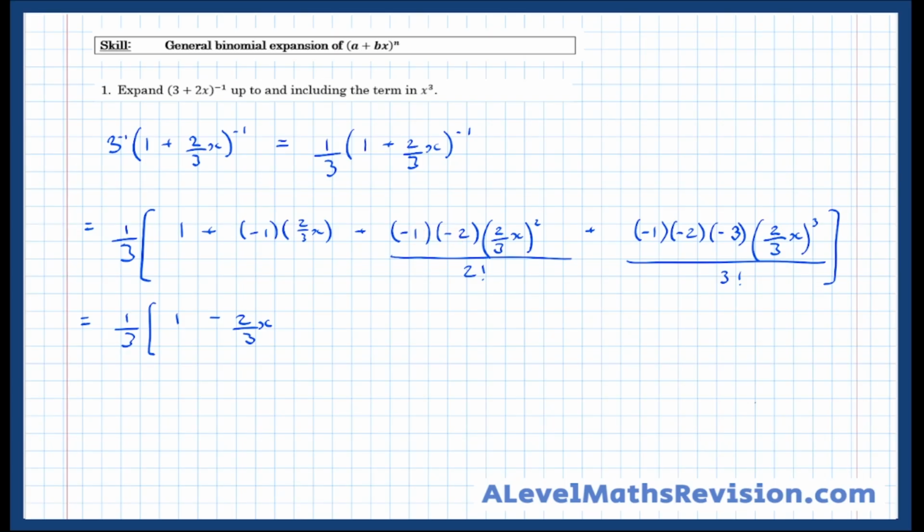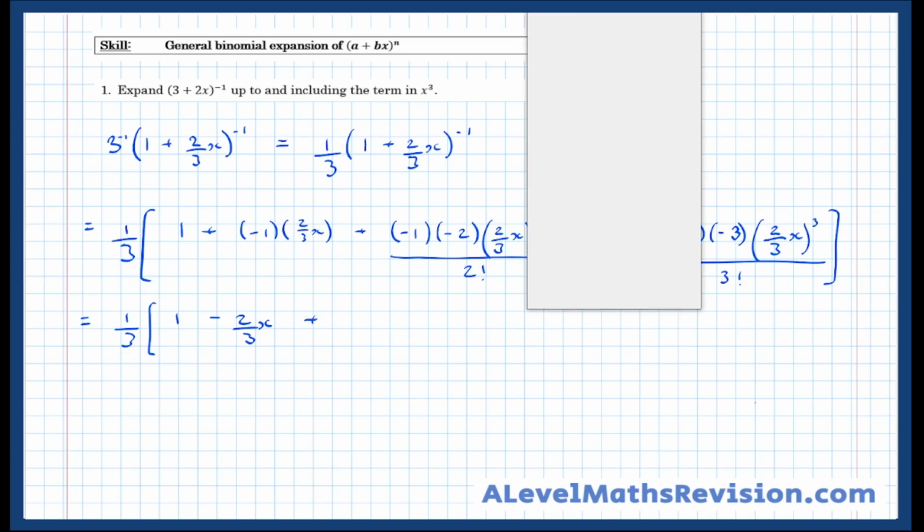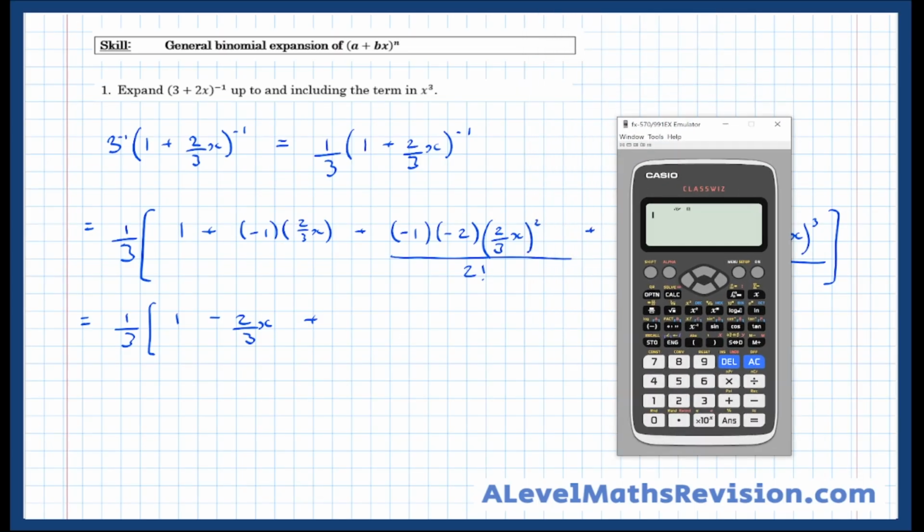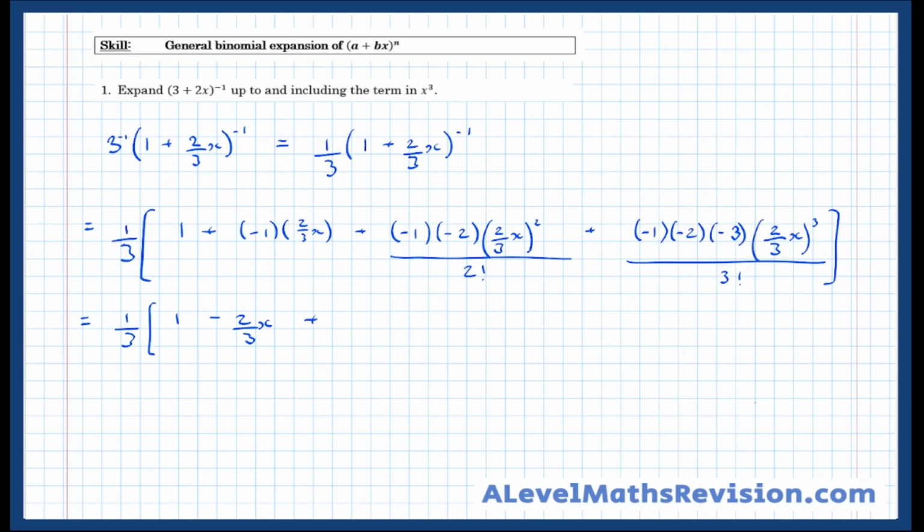There are 2 negative signs, so that makes it a plus. In the calculator, I'm just going to blindly type stuff in now. I've dealt with the sign, so I'm not going to put the minus in there. So 1 times 2 times 2/3 squared, then divided by 2 factorial, which is the quickest way to type it in: 4/9